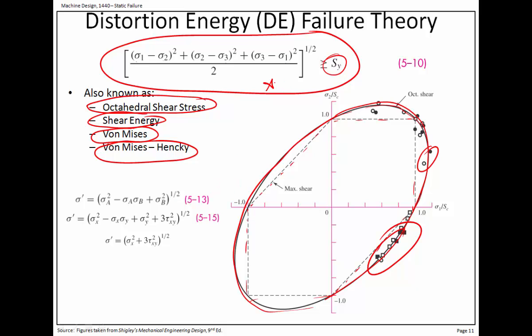This equation might be a little ugly, a little overwhelming when looking at it. Just use the ones that you're going to find that you use the most, as long as you make sure that you're in the situation that they're applicable. You can use the principal stress if you have plane stress. If you only have two principal stresses, that is, one of the principal stresses is equal to zero, then for the two non-zero ones, you can find the von Mises stress, which is always given with a sigma and an apostrophe. You can find it from this equation, or you don't have to find the principal stresses even,